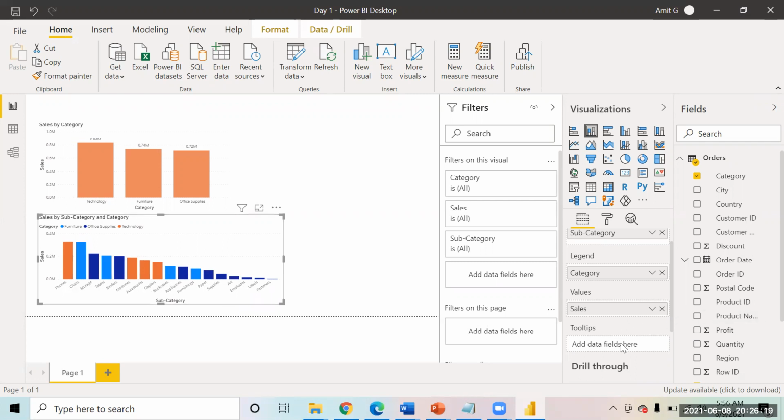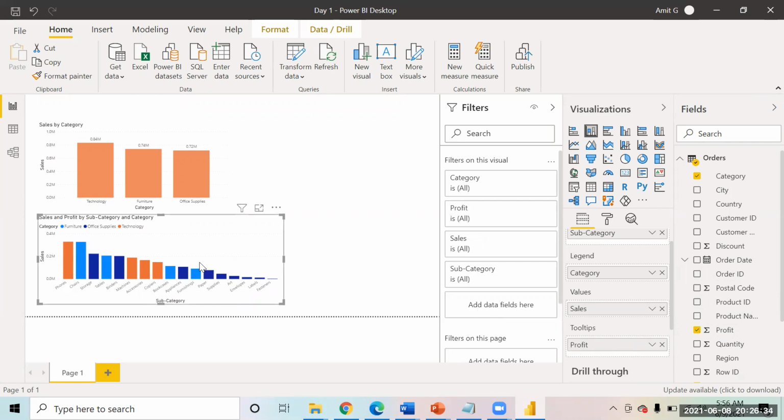Then you have an option of tooltip. So tooltip means, see, this is called a tooltip. When you hover your mouse on the bar, this box that comes up is called a tooltip. So now, for example, you want to see profit also. So you put profit in the tooltip. What will happen is profit will be only visible in this tooltip, not on the chart anywhere else. Just when you hover on it, you will be able to see the tooltip.